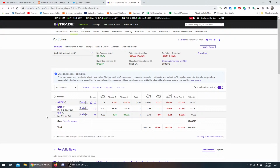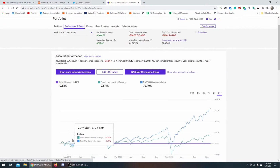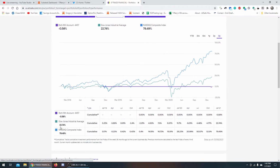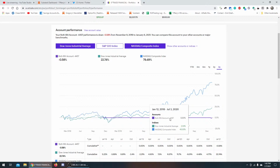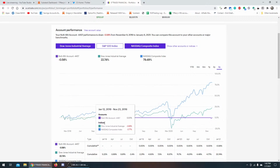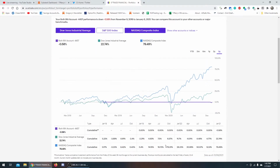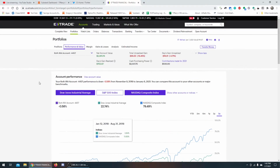So this week, our performance, we're with the market. We just started, so this was underperforming. I had this IRA for a while and I just decided that I needed to grow it. And so what we traded was